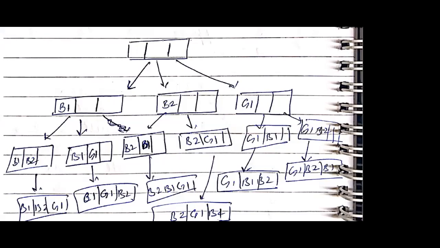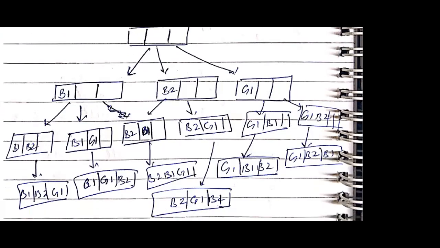So we are placing like this. Now again let's look at the above choices one by one. Let's start with this. Here we have placed 2 boys and the girl is remaining. So we simply place the girl in the third slot, and all our slots are occupied by 2 boys and a girl. If we select this choice, then 1 slot is empty and we have the remaining boy B2. So we simply place B2 here.